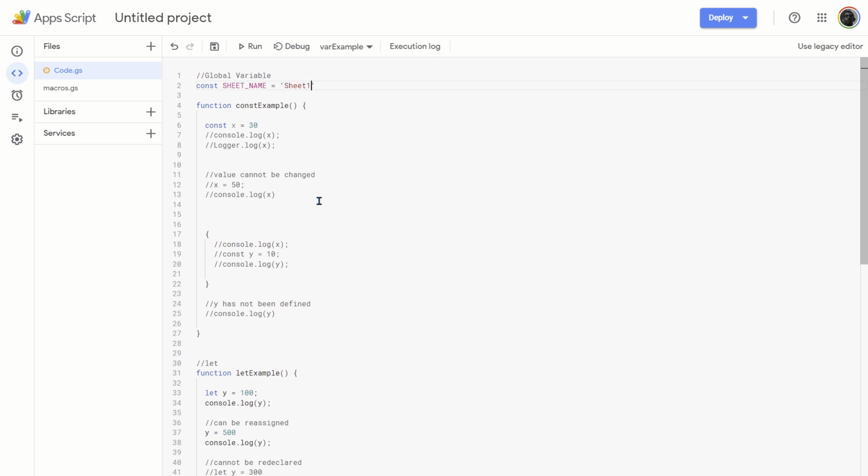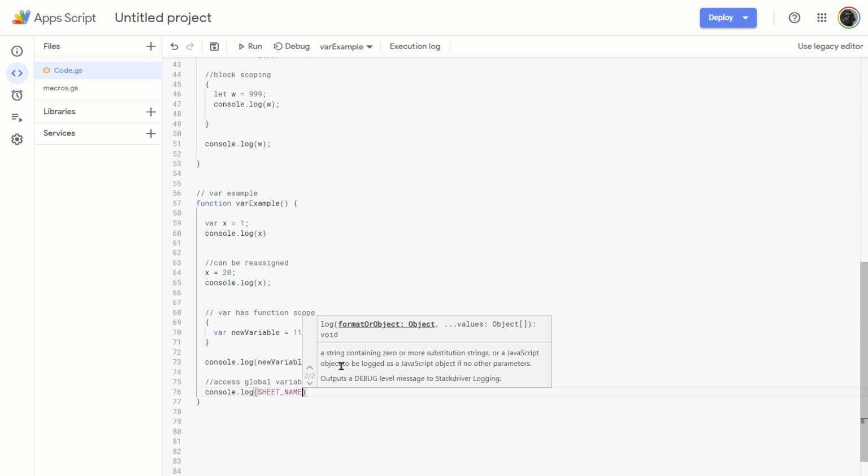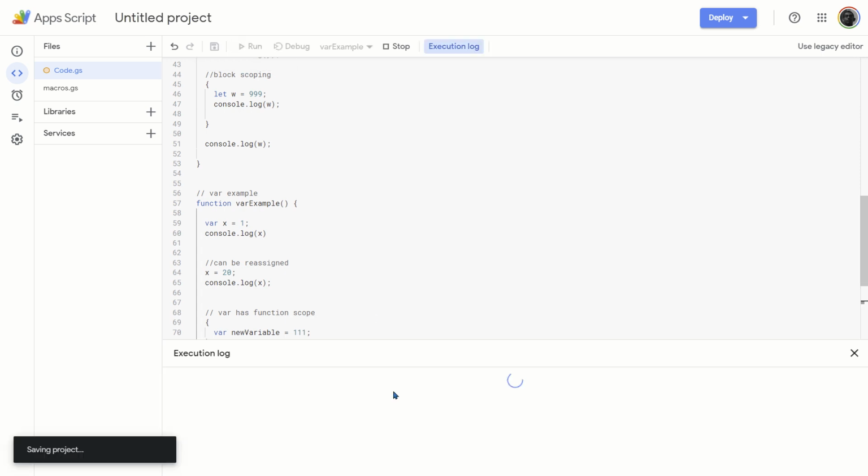And we can say this is sheet 1. And as you can see, now if we come at the bottom and we say that we want to access our global variable of sheet name, and we run this,